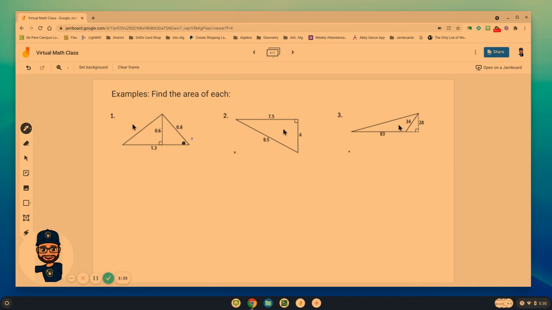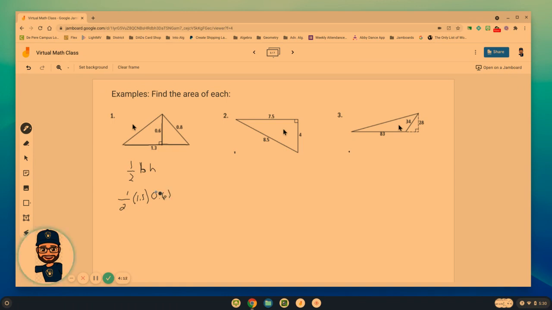Number one. Got a lot of different information in there. I got a 1.3 in the bottom, a 0.6 in the middle, and a 0.8 on the side. Formula is 1/2 times base times height. Remember, what we just talked about was that the base and the height must meet at a right angle. So in this case, there's my height and there's my base, because that's where they meet at a right angle, or 1/2 times the base, which is 1.3, times the height of the triangle, which is